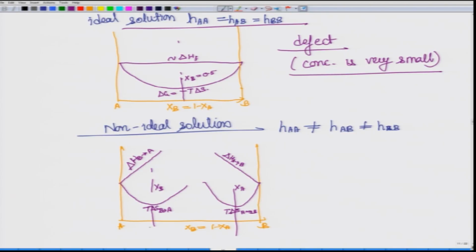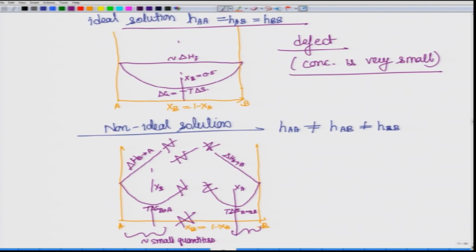And remember, since this is a non-ideal solution, we have to again limit ourselves to very small concentration. So, the regions that we are talking about are very small quantities, whether we are talking over here or over here. In between we do not know, we will need a phase diagram to understand what is going on over here. So, I have given a break mark over here. In between this you do not know what is going to happen, whether there is an intermetallic forming or something. So, there is a gap of knowledge in here.